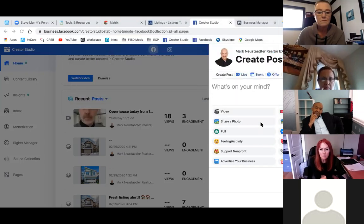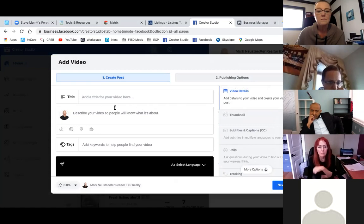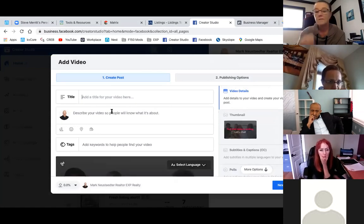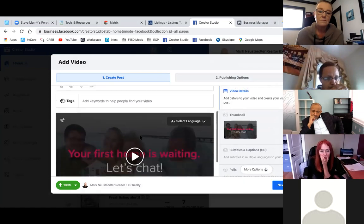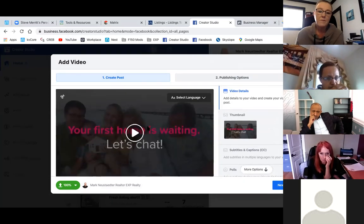So I'm going to open that, and it will take a second for it to load. So we're going to put the title of the video here. We're going to describe it so people know what I'm talking about. You can actually add tags. So you can see that it's loading down here. So it'll load for the first time, and then you're going to have to put in all this information. So you can see a bit of a preview